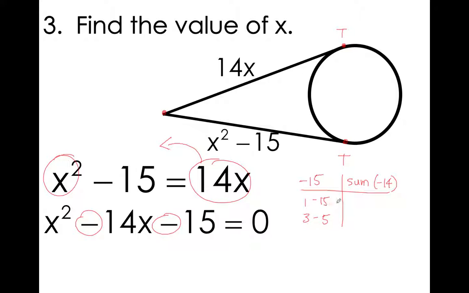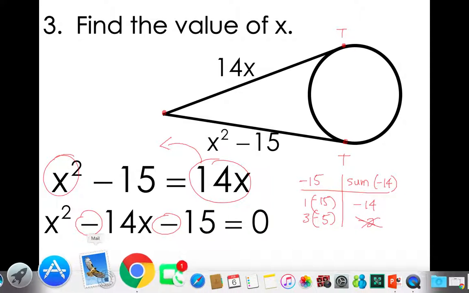So now we ask ourselves, what is 1 times -15? That gives me -15. And 1 plus -15 gives me -14. Of course, 3 times -5 gives me -15, but when I add these two, I get a -2. So we see this one does not work, and the only one that works for us is +1 and -15, right? And so when that happens, we set it up as